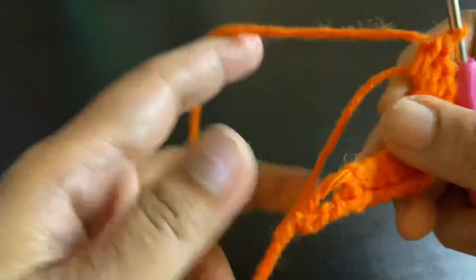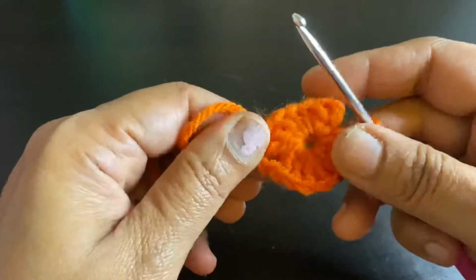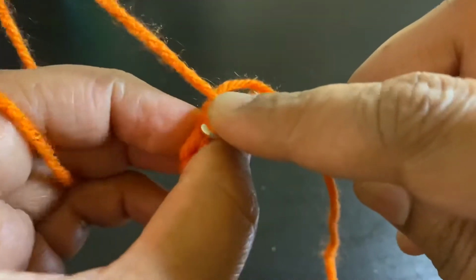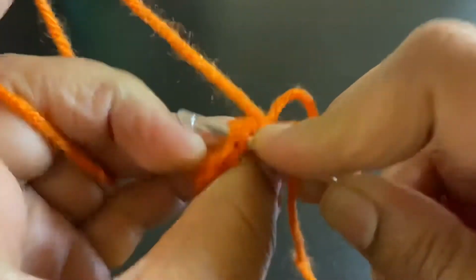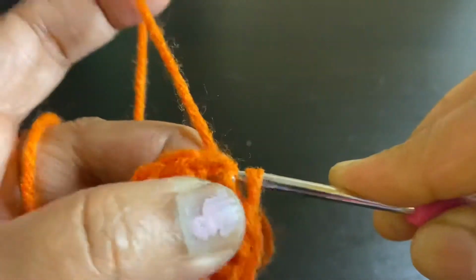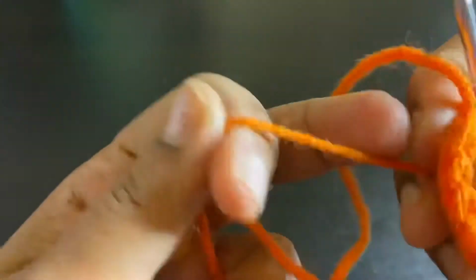Join with the slip stitch on top of chain 3 and then tighten your magic ring, close it with a knot. You're doing a slip stitch on top of chain 3 and then